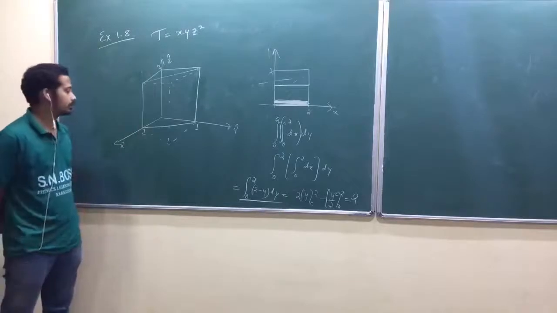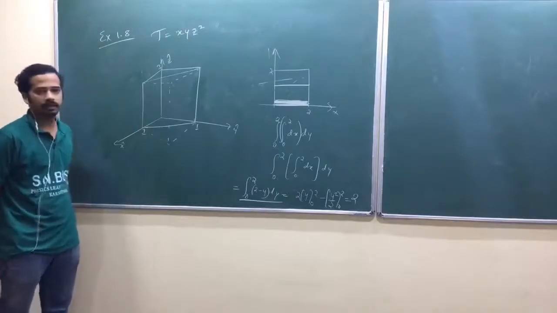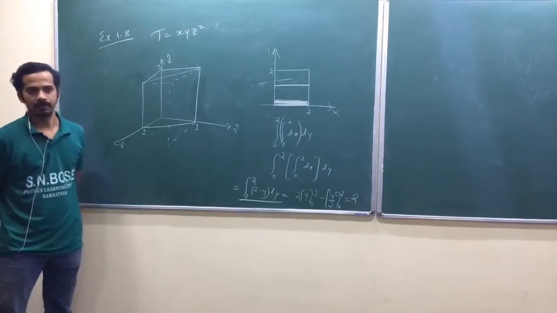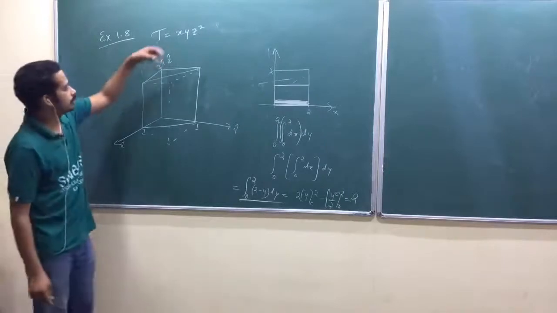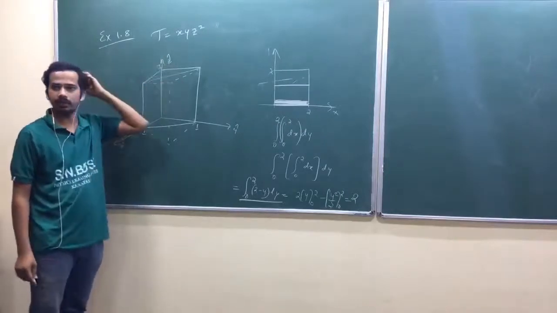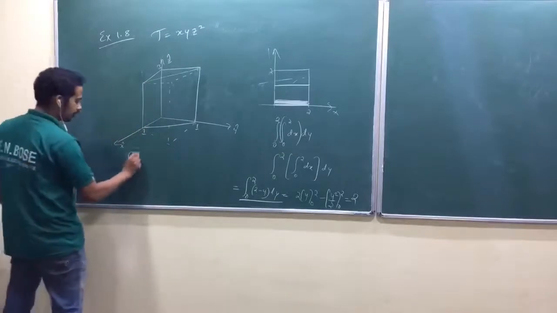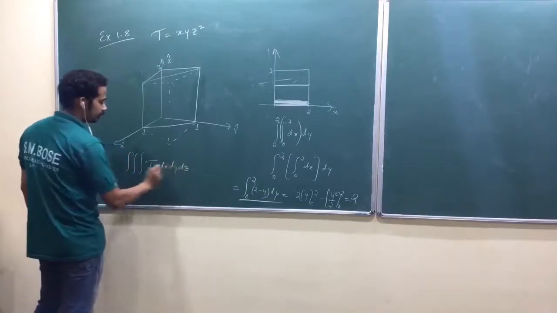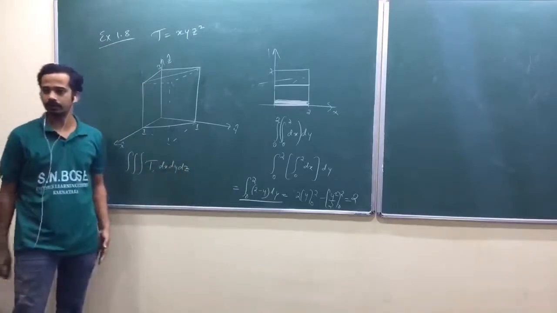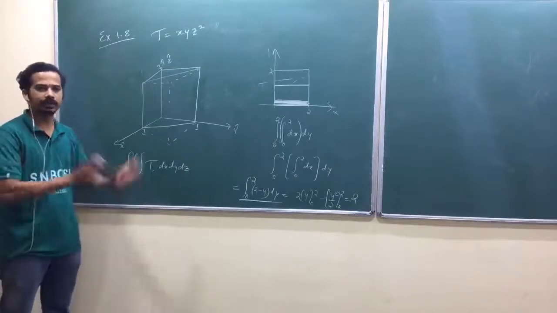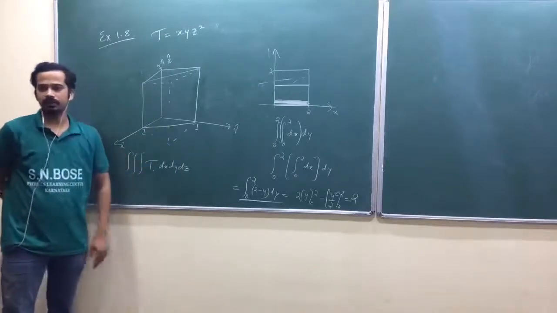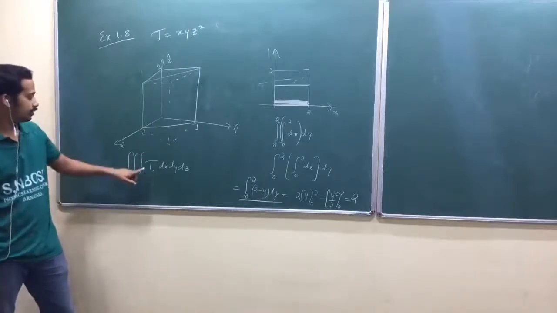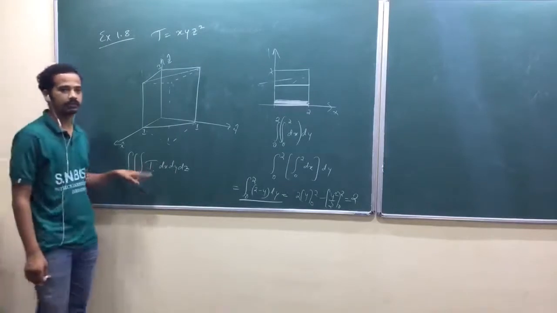Now look at it, you can ask one question. Why can't I find the total integral for the cuboid and then divide by 2? That will not work. Why? Because this function will take different values in different regions, remember, and you are adding that one. Integral of T into dx dy dz. This T will take different value in different regions. In case of volume, you can do like that, just finding the volume, integral of dx dy dz. You can find total volume and divide by 2. But here you can't do that, because that will take different value.